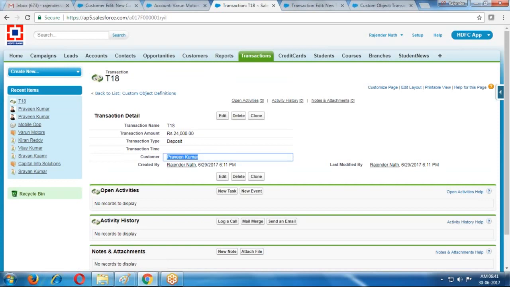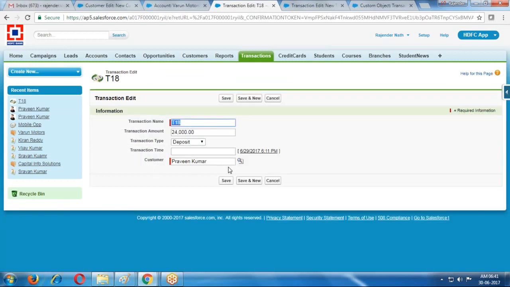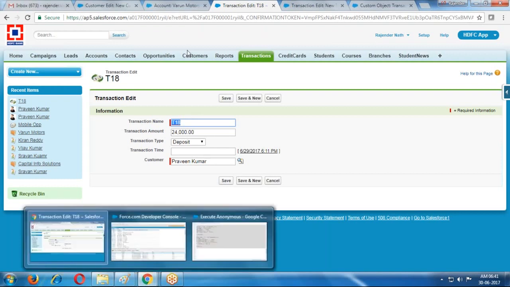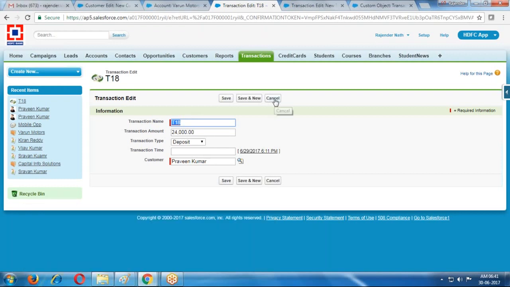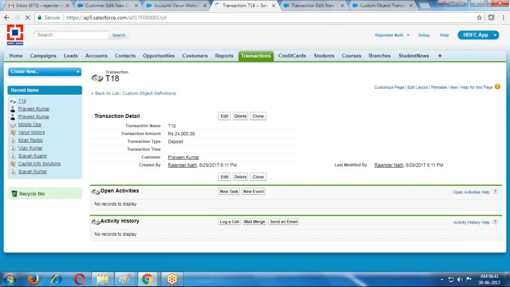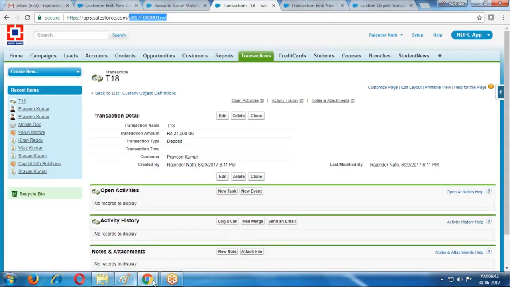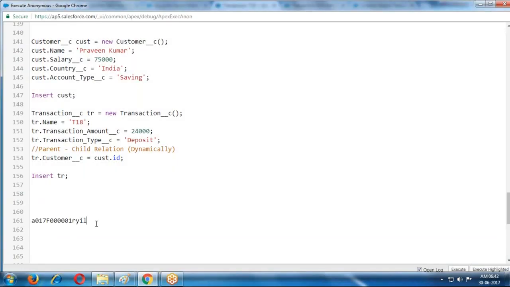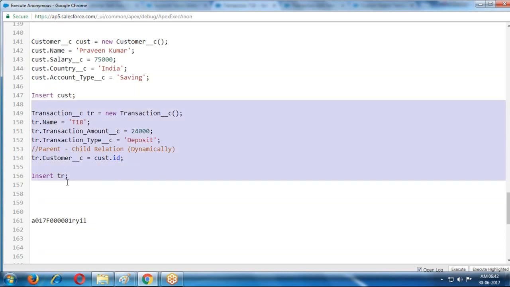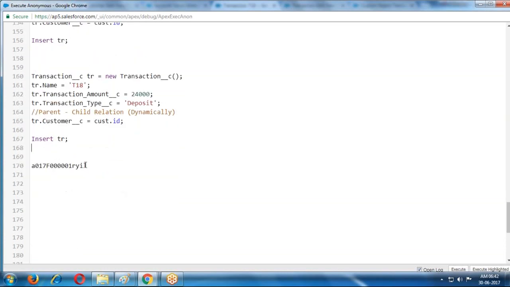Customer is nothing but Praveen Kumar, the parent, in the parent-child relation. Clear? So for an existing customer, if you want to create any child records, for the transaction only, we provide the ID in a static way.